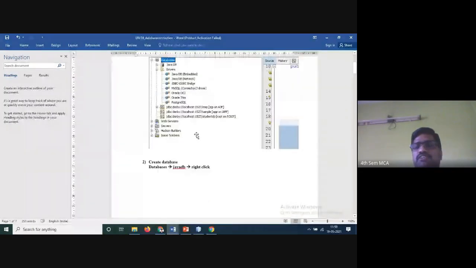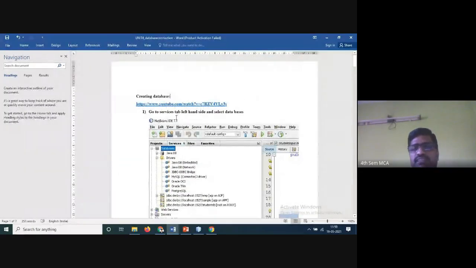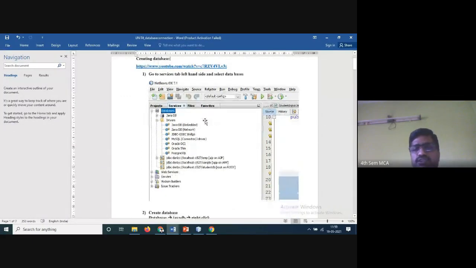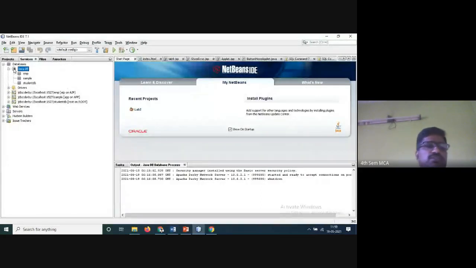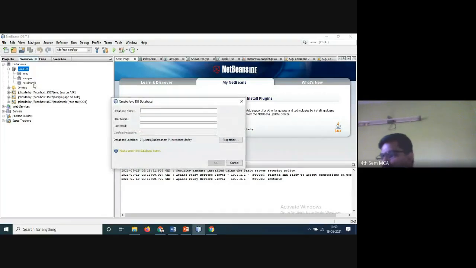Now are you able to follow the steps? First one is go to services left hand side and select the database. Once you do this, you have to create the database. For that, under databases, JavaDB, right click. Now I'll create one database, EMP1, which I have practiced.